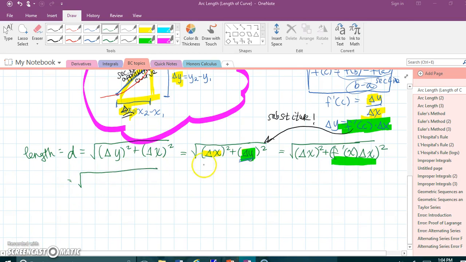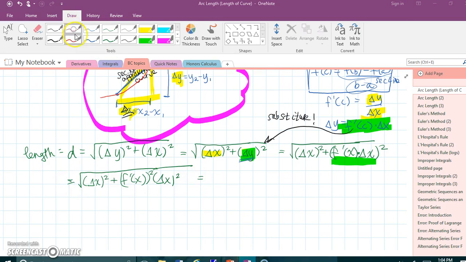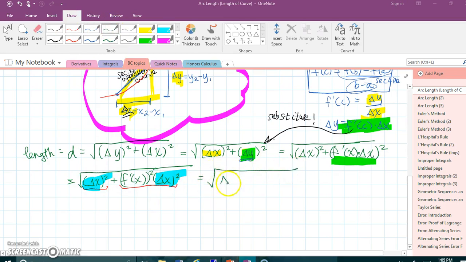If I have two things multiplied and squared, that's the same as saying that each of them is squared. So let's write it like that. And now let's take a look at this and notice that I have two terms here. I have this term and I have this term. And both terms share something, and it should be obvious to see that they both share a delta x squared. So what I'm going to do is factor out a delta x squared. And if I do that, I'm left with a 1 there, and I'm left with a f prime of x